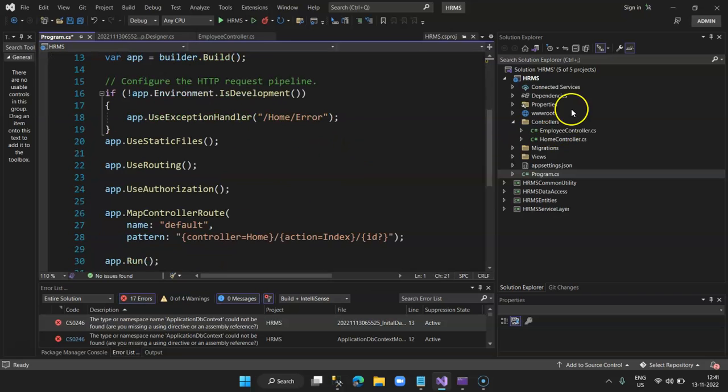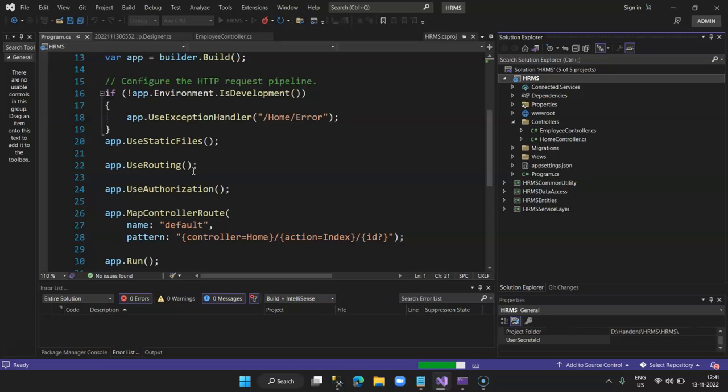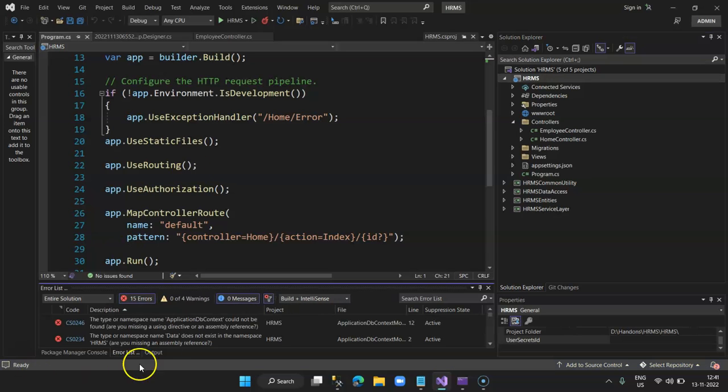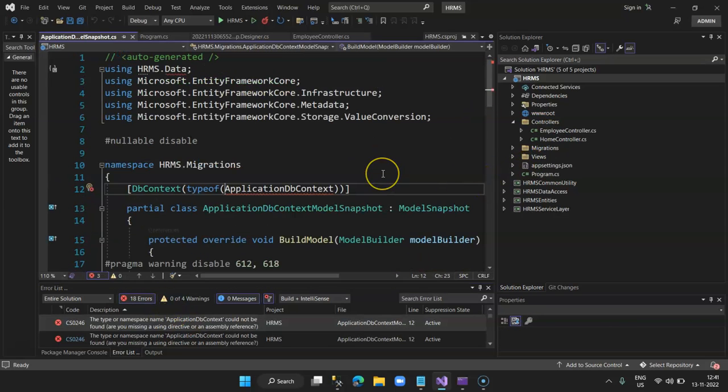So you see the project is, and now the error is gone. We again do a rebuild. Now it's showing 0 errors, but there is still some issue, now 15 errors. We go back to our, okay, so this is the migration folder, I guess,